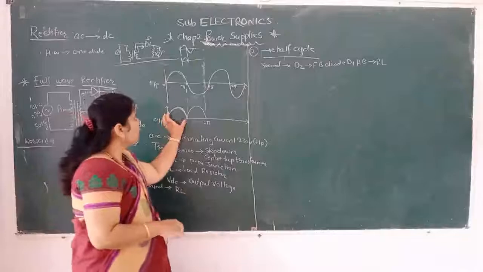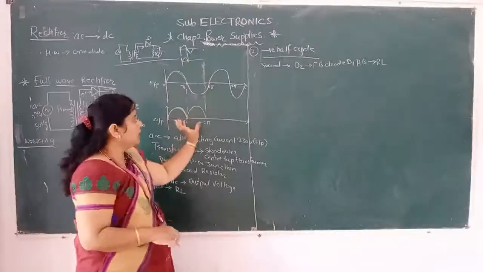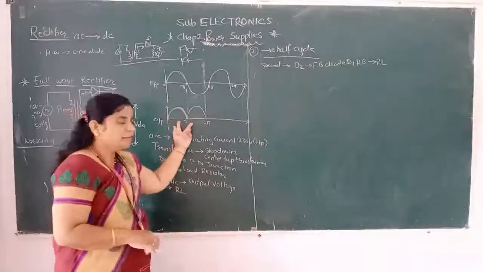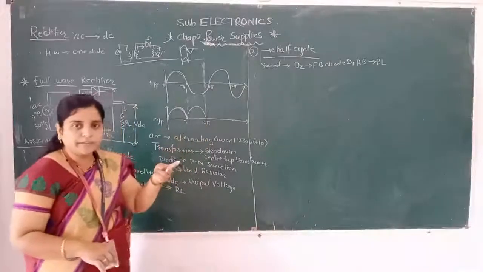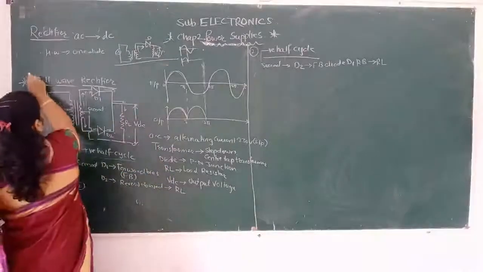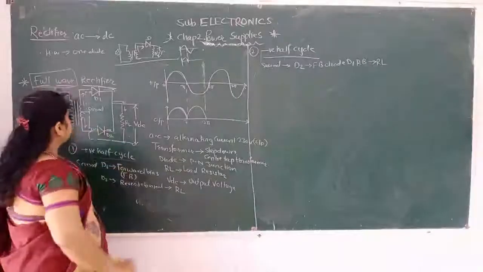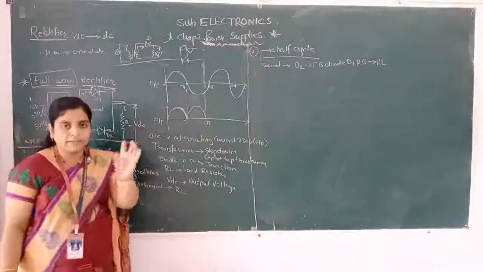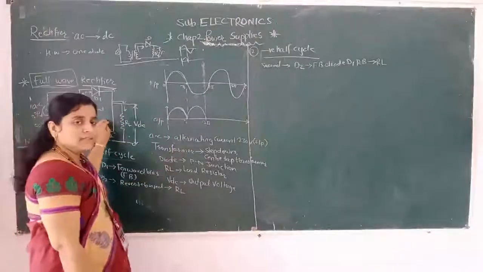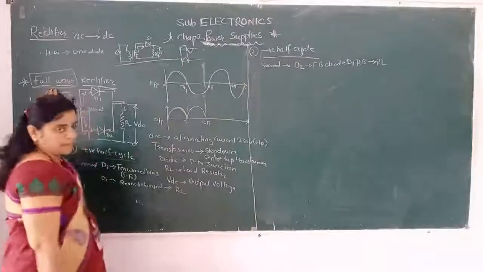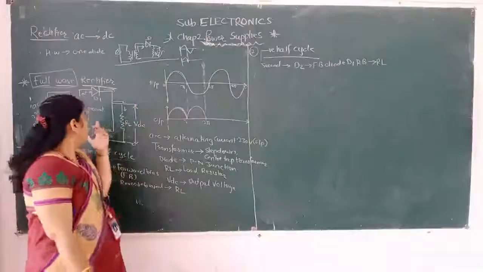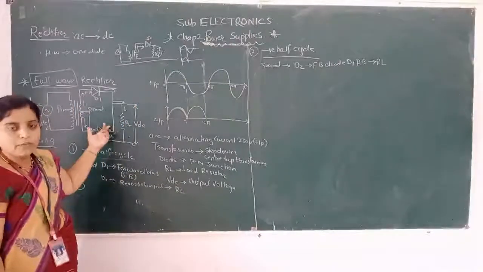So these are the outputs of the half wave rectifier. Again, this is the output of the half wave rectifier. It means there are two half wave rectifiers. So two half wave rectifiers are called the full wave rectifier. Understand? Why is it called full wave? Because it is two half waves. Half and half is what? Full. So two half wave rectifiers are working here, therefore it is called the full wave rectifier. If you understand the half wave rectifier, then obviously you will understand the full wave rectifier.